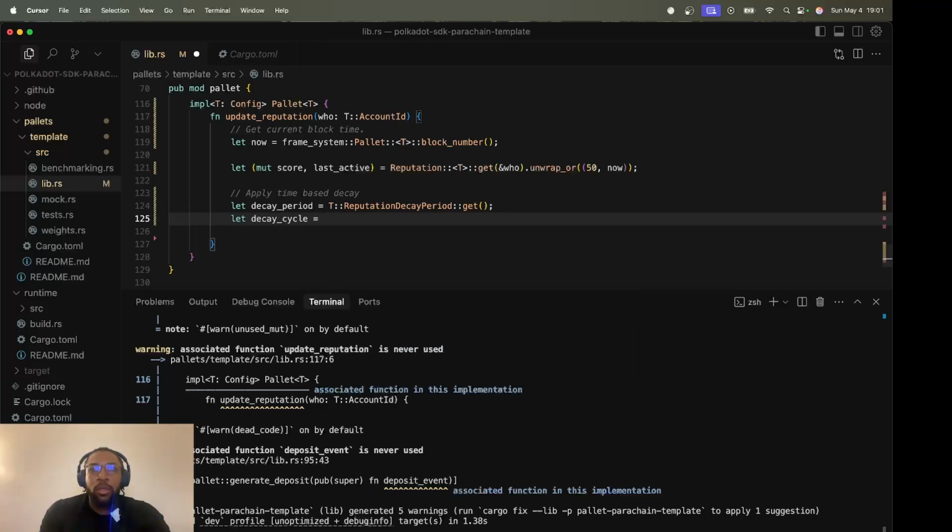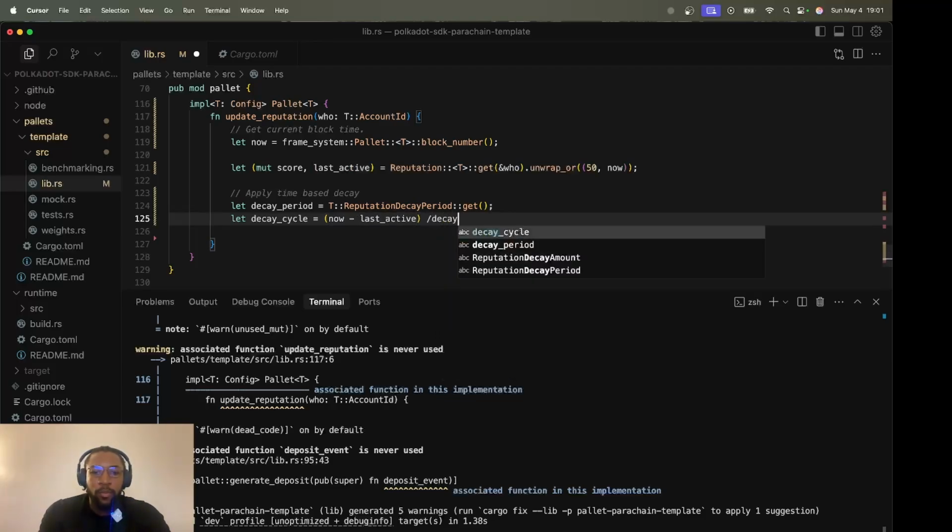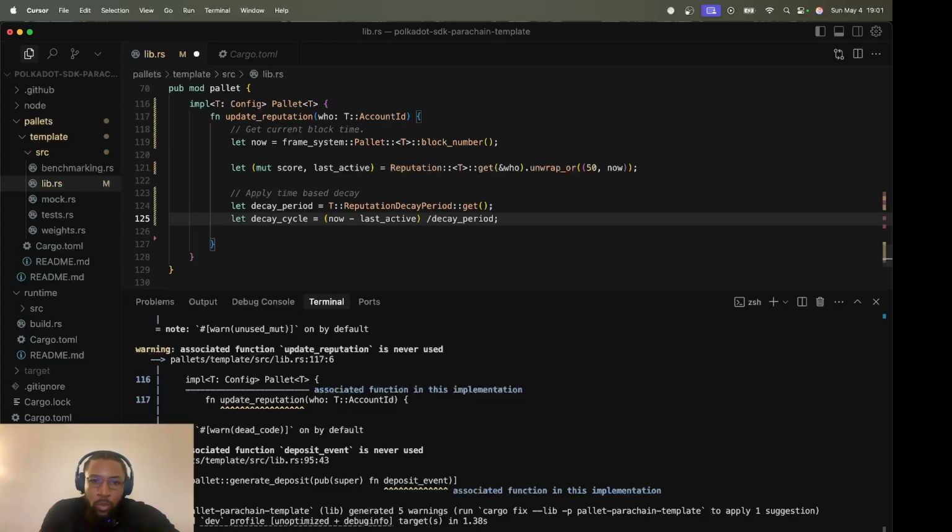Which is current time minus the last active. Should we do saturation so be? I think we don't need to. Over decay period. So the current time, the last active.